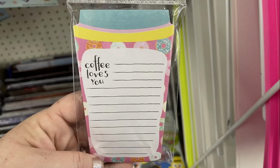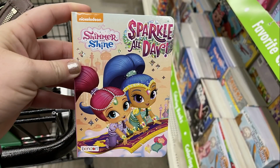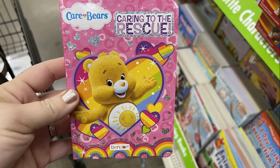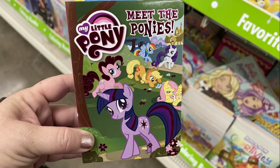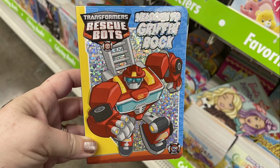I also found some of these board books. They had the Shimmer and Shine board book here. They're nice for little kids. They don't destroy them easily. They also had the Care Bears Caring to the Rescue, the Crayola Rhyme Time book, and then the My Little Pony Meet the Ponies. And then I found one which was called Transformers Rescue Bots, and they had some older